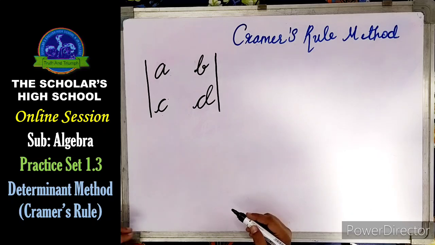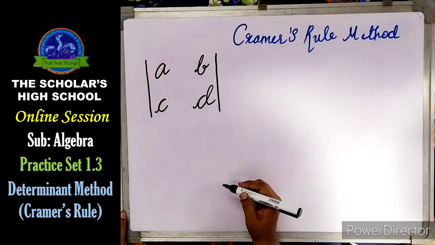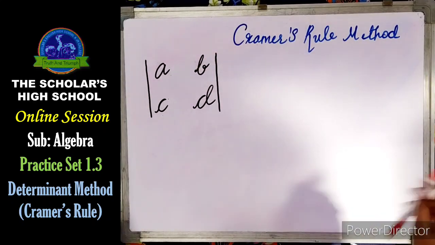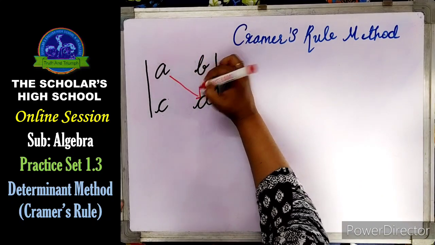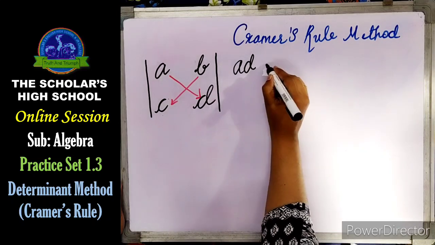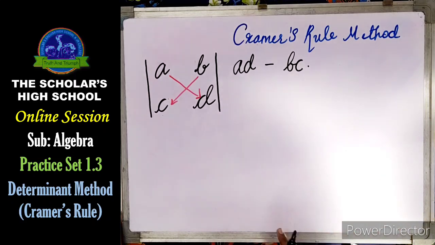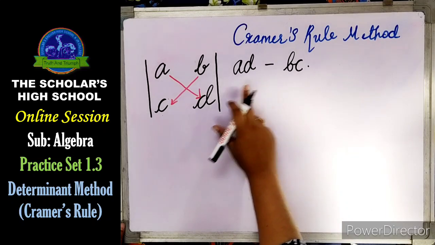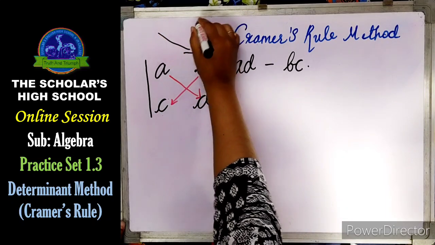So how to calculate this determinant? How to find out the value of this particular determinant? By multiplying it cross. Now how you are going to multiply it? You will multiply A to D and B to C. So whatever value AD minus BC, whatever value we will get after multiplication is the value of that particular determinant. Degree of this determinant is 2 because there are two elements in each column and two elements in each row. Determinant represents a number which is AD minus BC. You have to multiply it cross in this form to get the value.